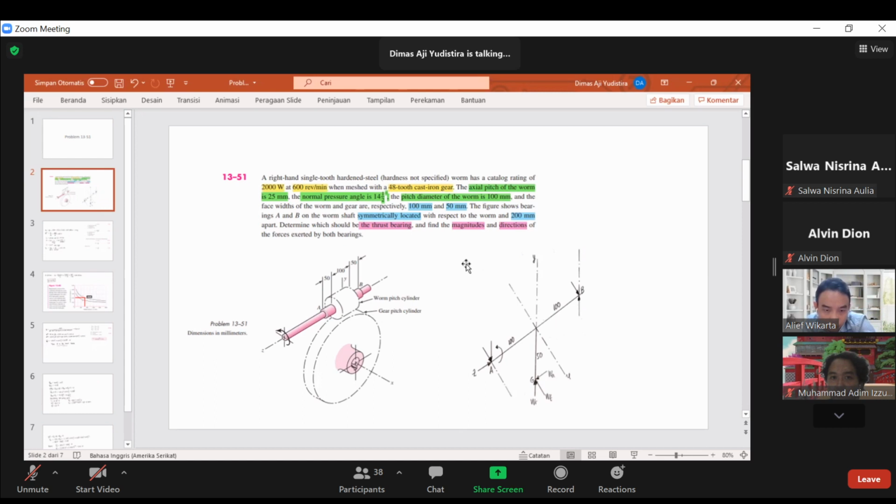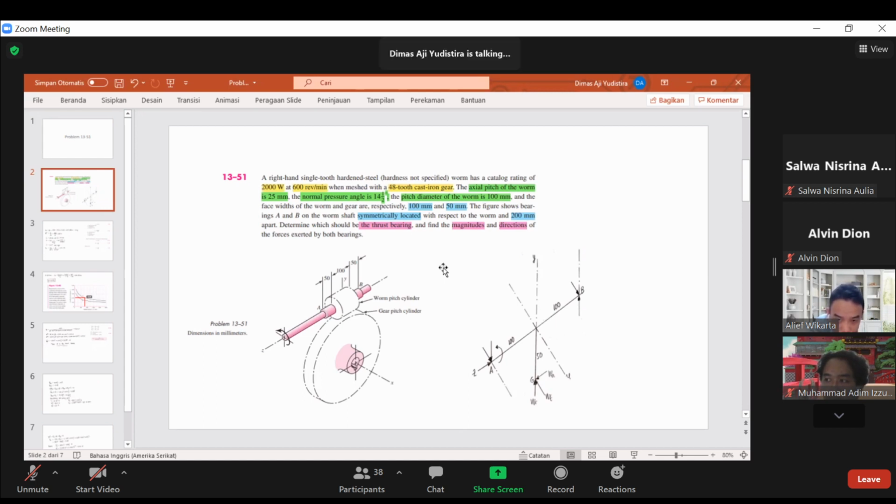The axial pitch of the worm is 25 millimeter. The normal pressure angle is 14 and a half degree. The pitch diameter of the worm is 100 millimeter,